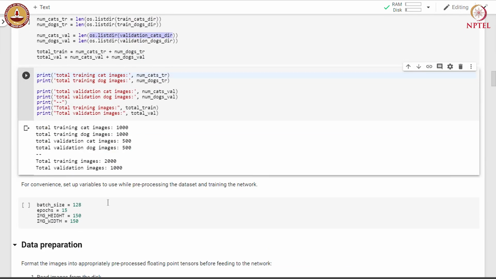You can see that we are using 2000 images for training and 1000 images total for validation. 1000 cat images are used for training and 500 cat images are used for validation. The same proportion of images are used for training and validation from the dog class.